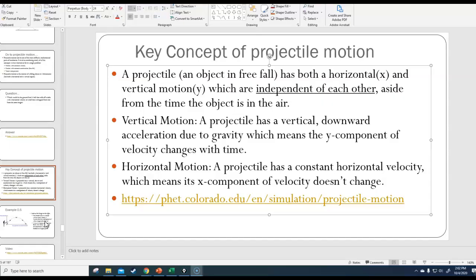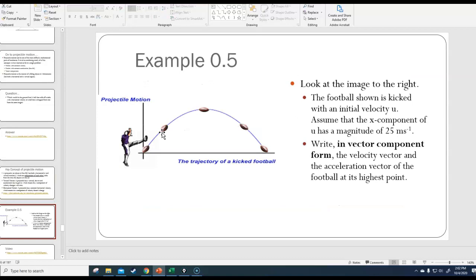Now concept-wise, that's all there is to solving projectile motion problems. So now we're going to do some examples, so you can see how calculations look with this. First, let's do example 0.5. Look at the image to the right. The football shown is kicked with an initial velocity u. Assume that the x component of u has a magnitude of 25 meters per second. Write in vector component form